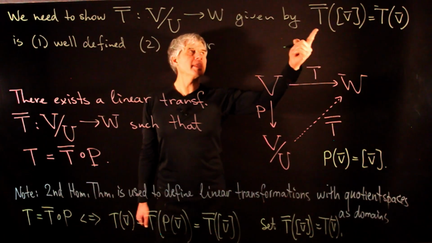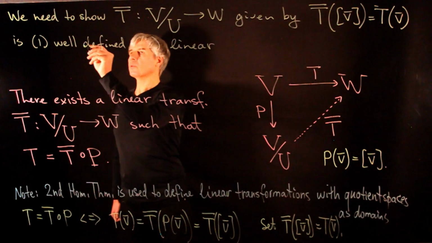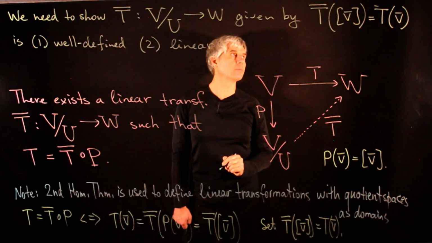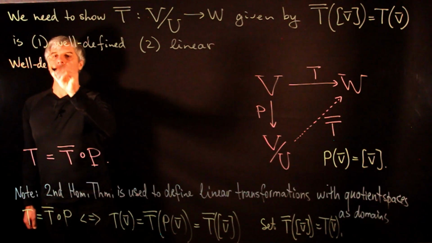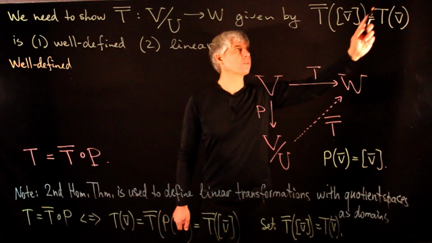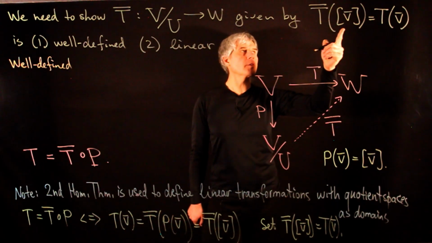And remember, whenever we operate with equivalence classes, we always need to worry that our constructions must be well defined. Now, what does it mean that T bar is well defined? We need to show that the right-hand side of this definition of T bar is independent of the choice of a